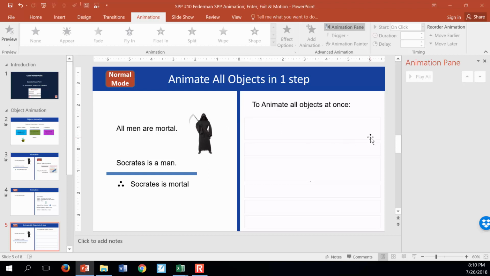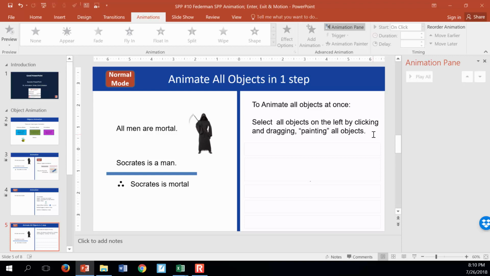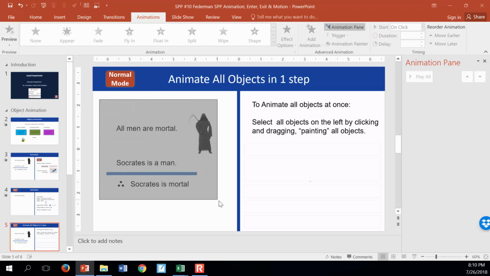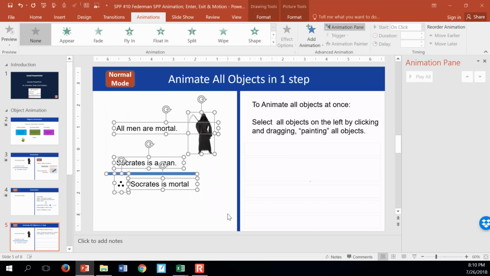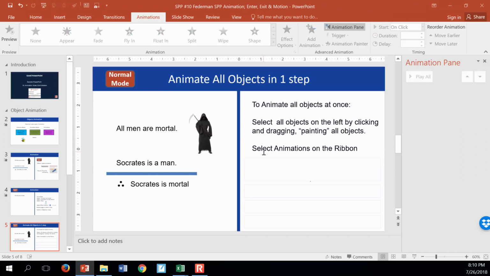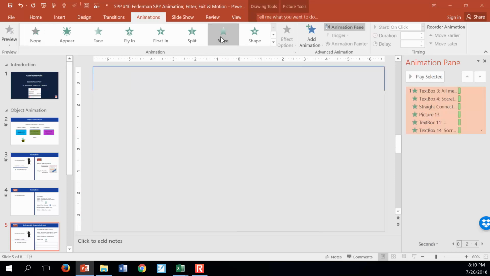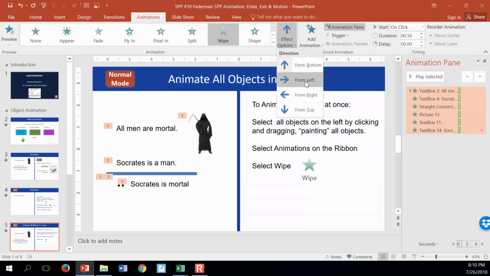If you want to animate all the objects at once, we can select all the objects by left-clicking and dragging. Watch. I'm in the upper left-hand corner of the slide. I'm clicking and dragging. I'm going to grab all the objects at once. I've got to click off of that. I've got to go back. Once I do that, I'm going to select animations on the ribbon. And then I'm going to select to wipe them. So I highlight all the objects I want animated, and I can, in one step, wipe them from the left,